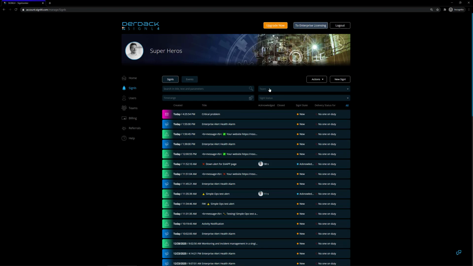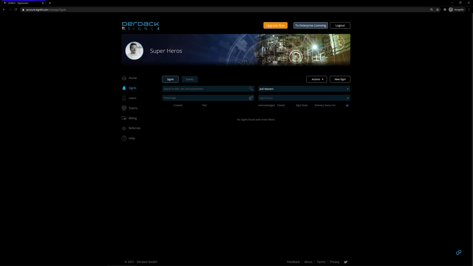However, in the drop-down menu here, we've added a new drop-down for team, and he'll have the option for all teams, the new team Jedi Masters, and the old team superheroes. So if he chooses the superheroes option, he's going to see all the alerts that came through for that superheroes team, and if we choose the Jedi Masters, we're going to see all the alerts for the Jedi Masters, which